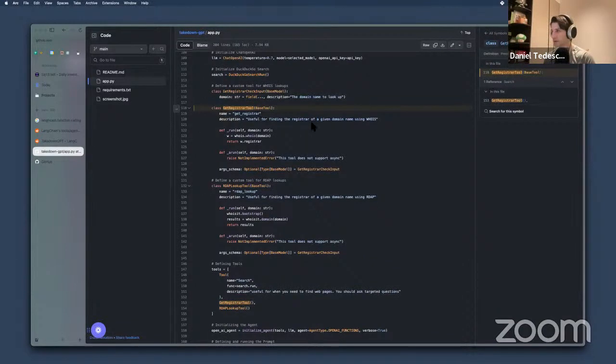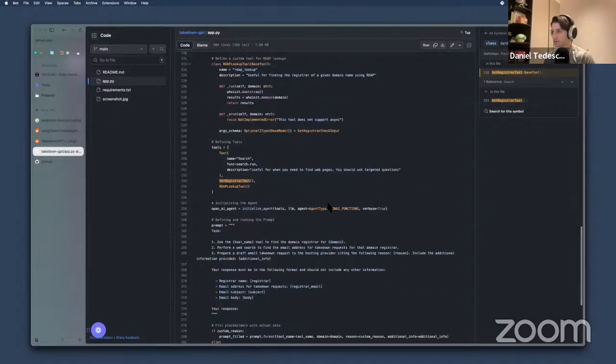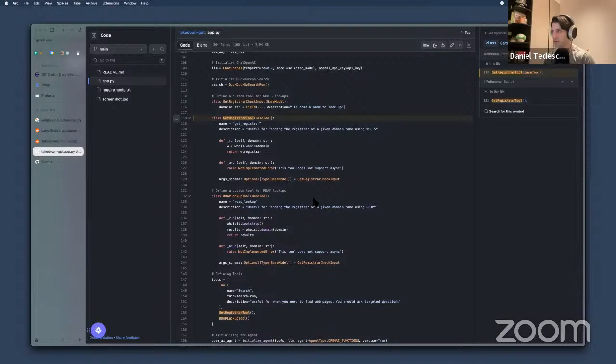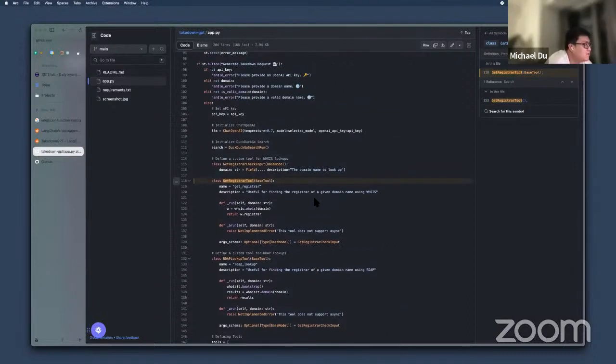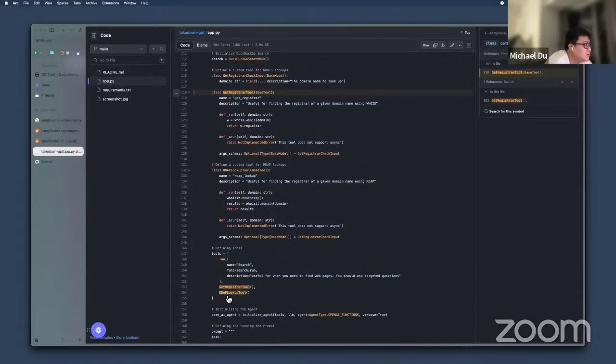Name, get registrar, description. There's the argument schema. You call the checkpoint. There's not a function. Check input.